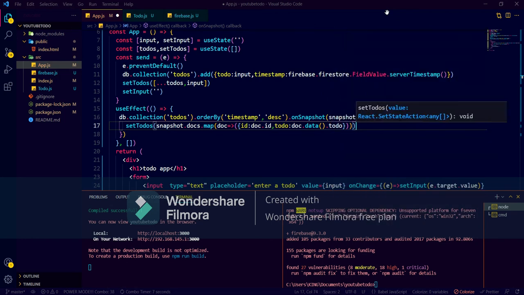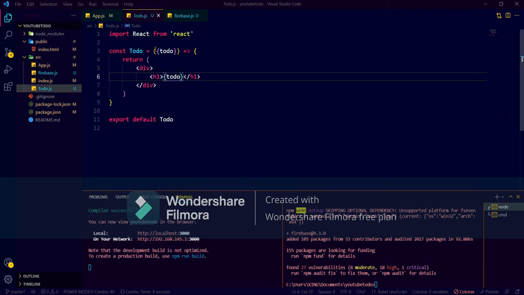This way we are getting the id also. We will save it. Now we have to do one thing in Todo.js. Instead of todo, now it has converted into an object, so we have to write todo.todo. This is the object, this is the prop.